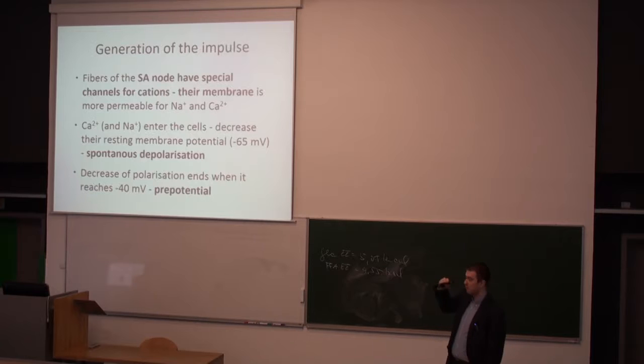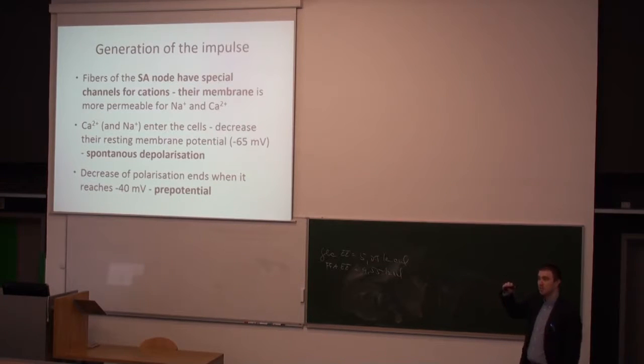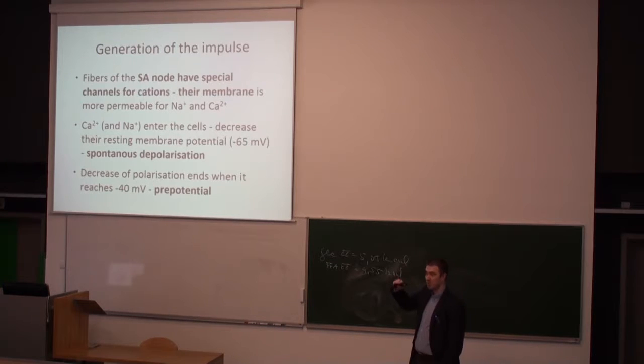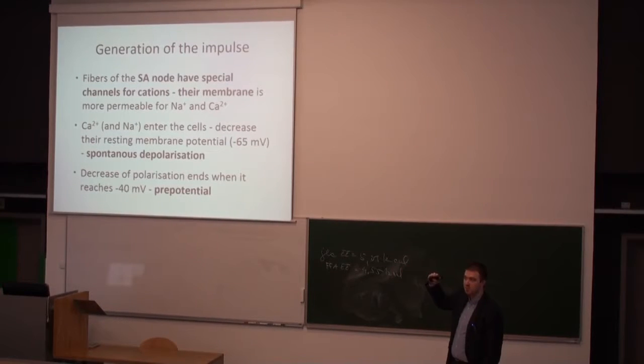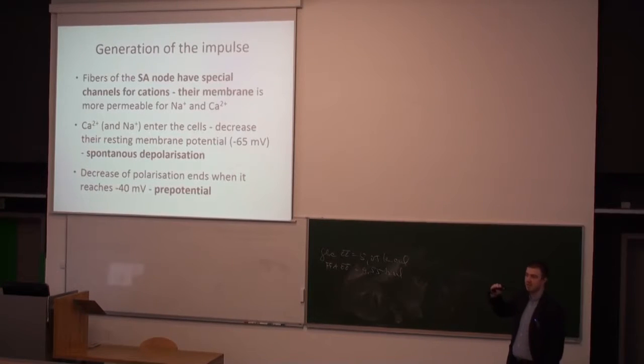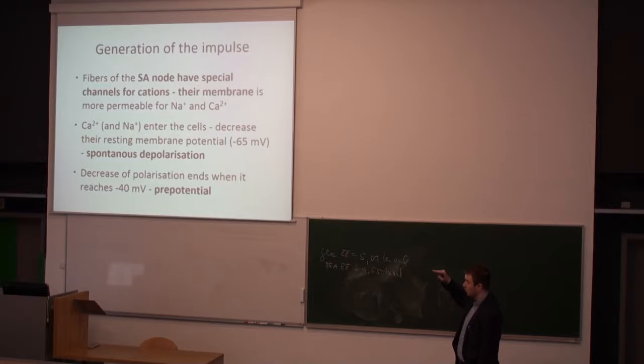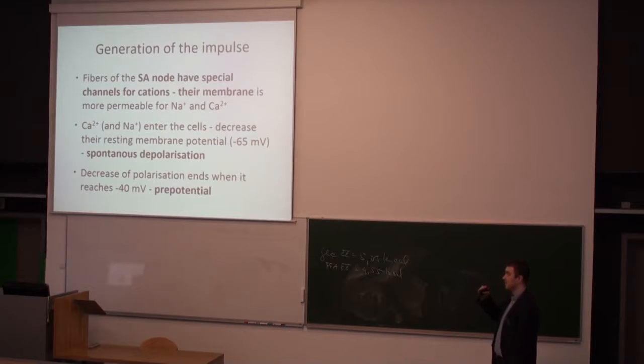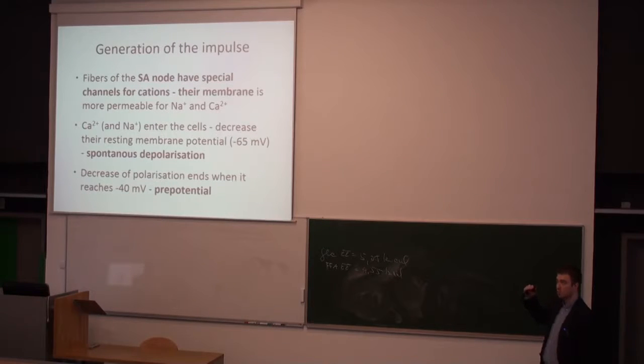Since you know that you have, for example, -65, the question is what does lower mean? Whether -80, or whether lower means closer to 0, yes? So maybe it is better to say that this process will make the membrane potential less negative, that means more positive. Sometimes if you say lower or higher, it's problematic, because the examiner may understand it in a different way. So the leak of the cations inside the cell will make the membrane potential more positive.